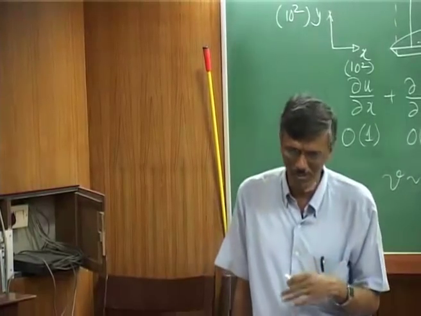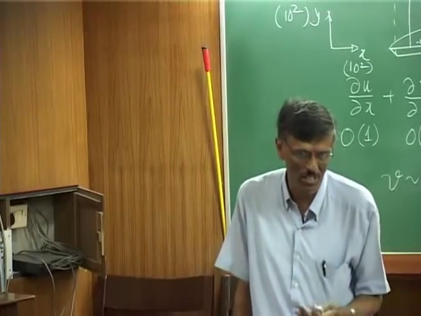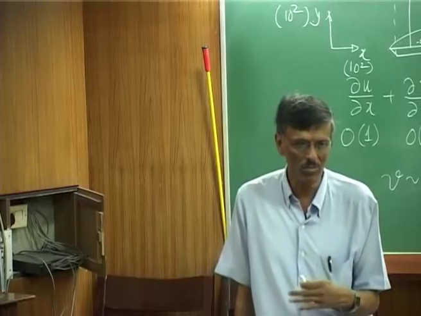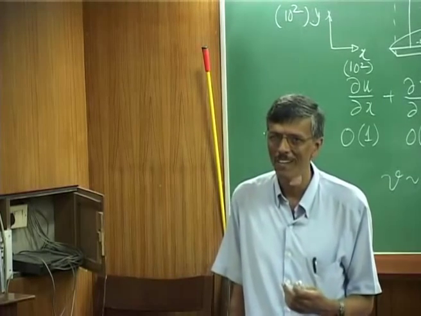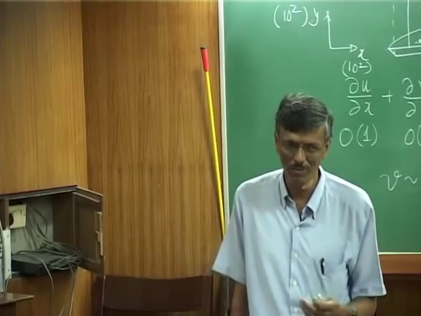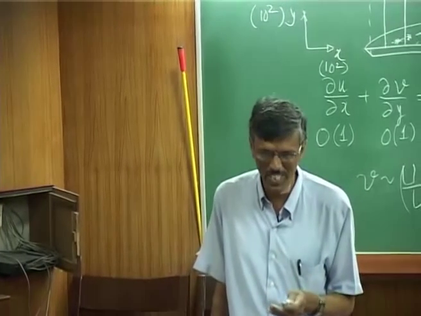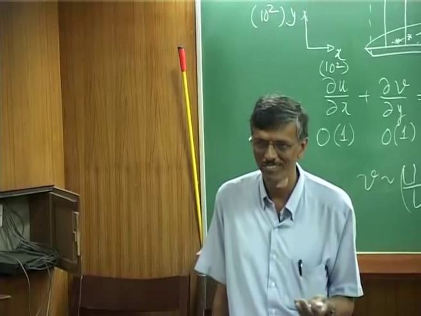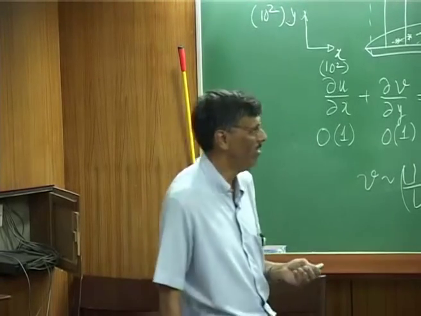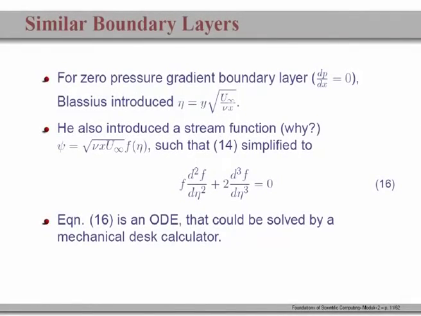So, if we can now reformulate, rewrite that equation not in terms of x and y, but in terms of eta, then we would have done a wonderful thing. What would we have achieved? We would have converted the PDE into an ODE. So, you see, that was the really remarkable insight of Blasius when he talked about it,